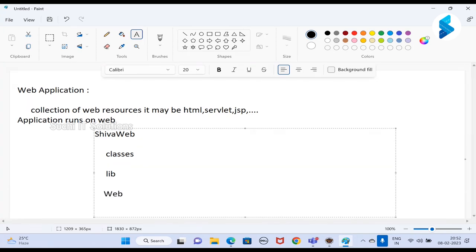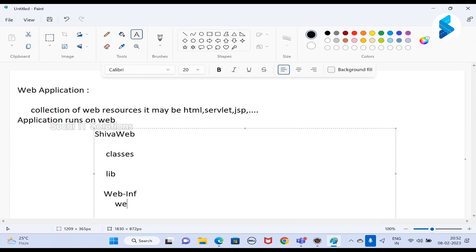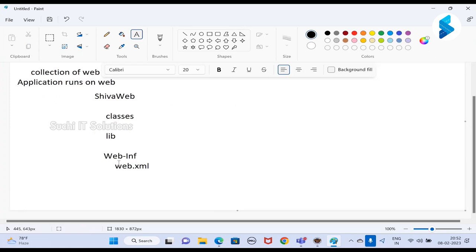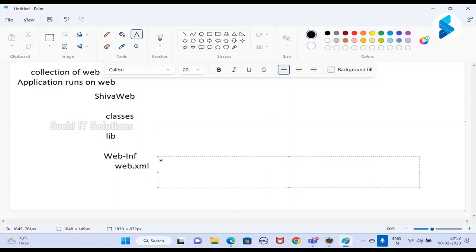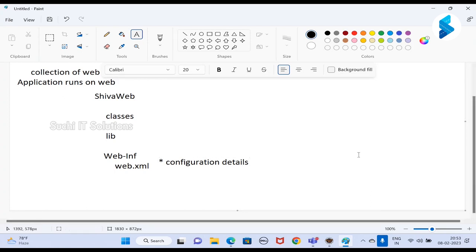Next, WEB-INF. What is this? Inside the WEB-INF, yes, we can try to write the web.xml, guys. So web.xml acts as a deployment descriptor. So WEB-INF is a private directory. This directory we can't access directly, madam. So in web.xml, what exactly is containing? Configuration details. In web.xml, configuration details. Are you clear, everyone? Guys, is it clear? In web.xml, yes, we can try to write the configuration